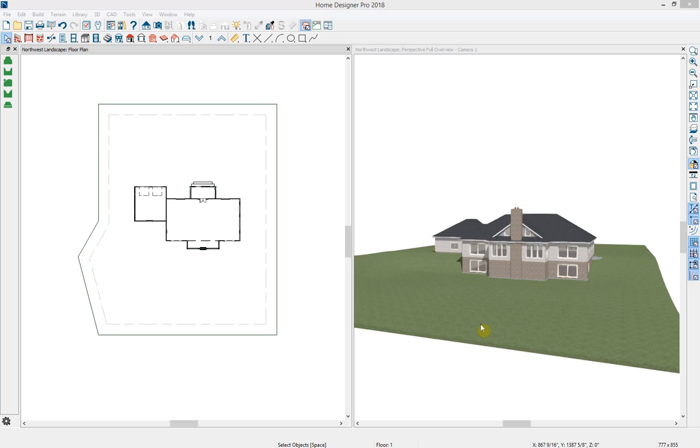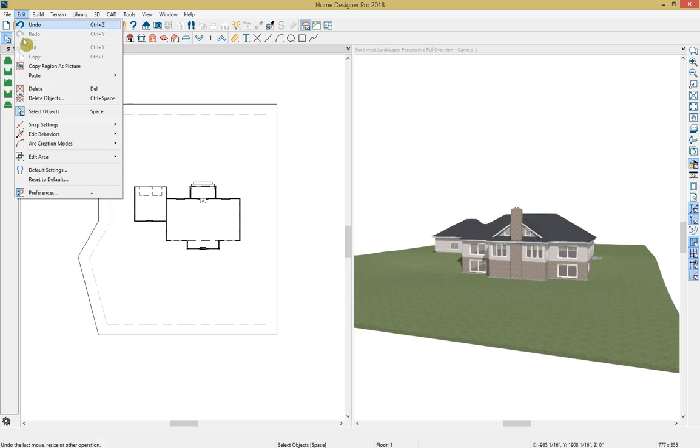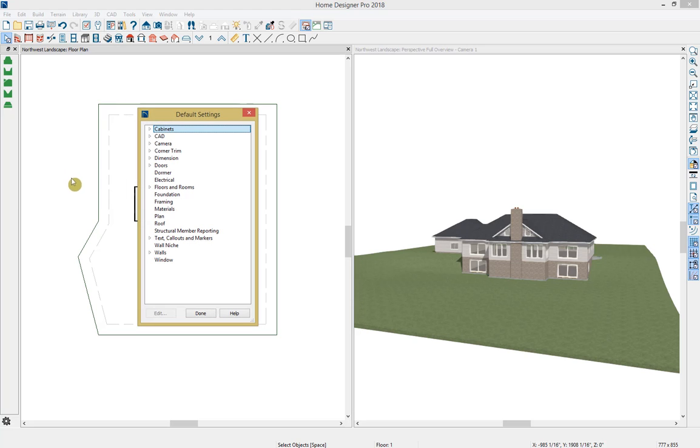So I'd like to begin drawing out my fencing now, but before I do so I want to review my defaults for how the fence is going to build. I can do that in one of two ways. I can come up here to Edit and go down to Default Settings, and you have control here of nearly everything in your plan and how that will build, and these are plan specific rather than the preferences, which are global settings. So I'm going to come down here to Walls, and if I scroll down I can select Fencing, Edit,